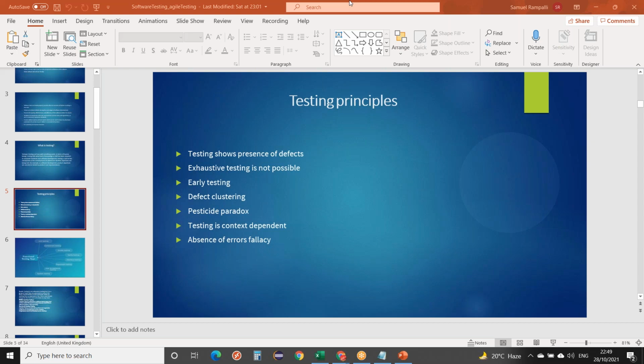With this we are saved. In the worst case, if the client finds a defect which we were not able to find, we will say that exhaustive testing is not possible. That is a testing principle.